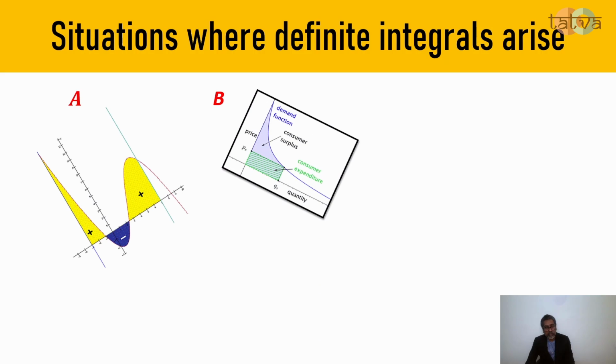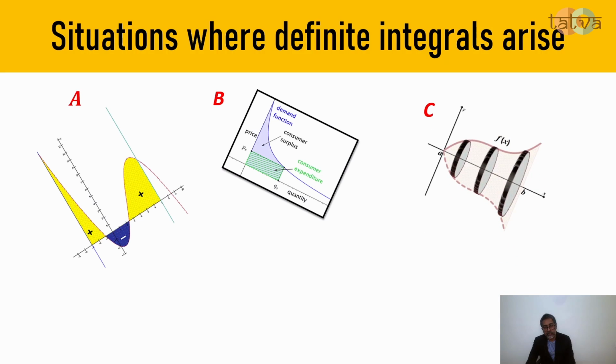Then this is an example from economics, where we talk about how to estimate the equilibrium point given the demand function. We will not get into the jargon of economics now, but once again, it is what we call the area under the demand function. So it comes everywhere practically. So we have seen a geometrical situation in A, an economic model in B,